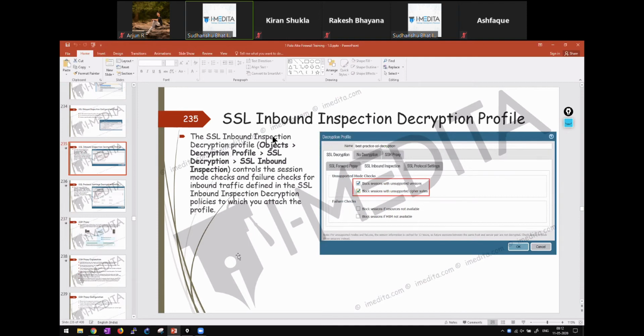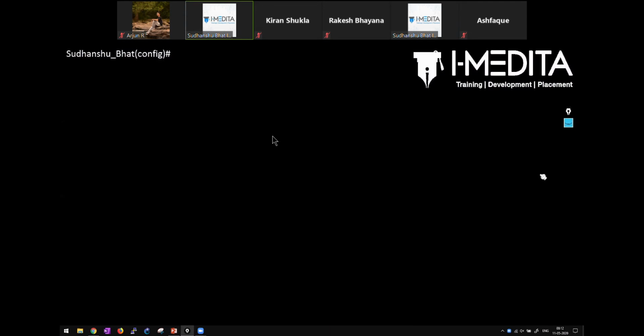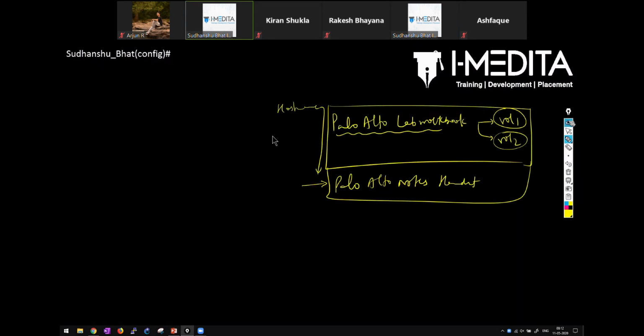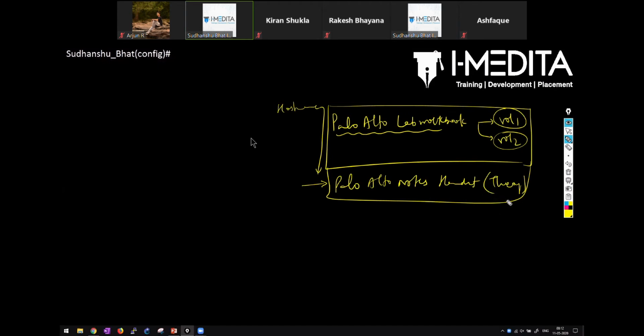So this acts as a reference point for your notes. We have tried to consolidate a lot of Palo Alto documentation from different trusted sources into this notes handout. It includes a lot of theory, plus some labs as well, like where to go for this, where to go for that.